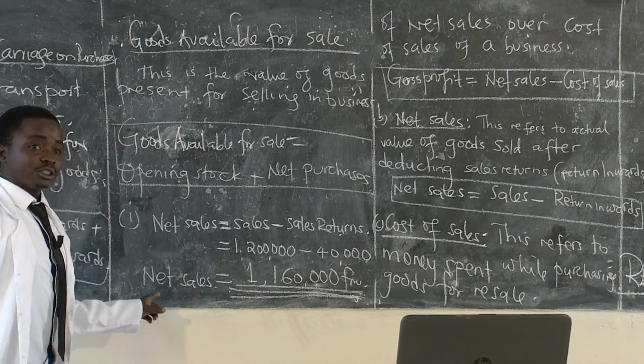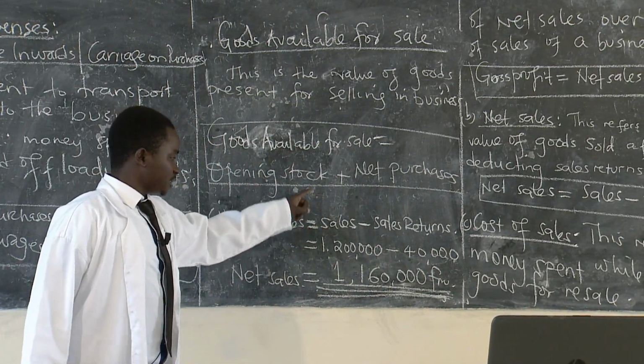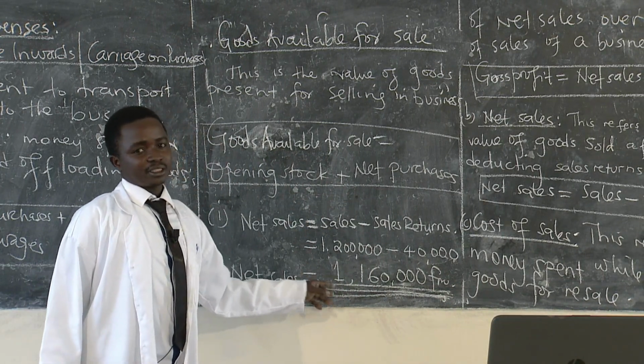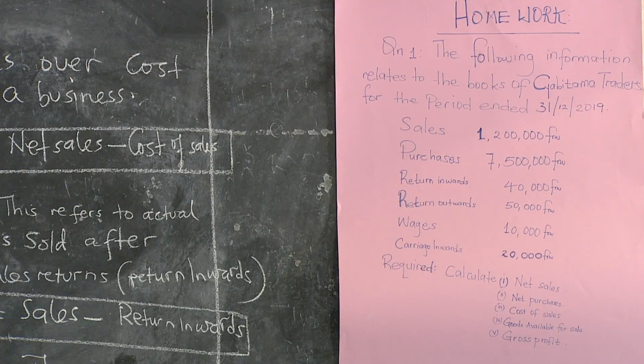This is how I want you to do it. State the formula, substitute, then put the answer, then you underline. That will be very fantastic if you present your work in this way. So I want you to write the homework and the assignment very quickly. You try it, then next time I will just mark it. Try to finish up the assignment. Make sure you do it, then I will just mark it.